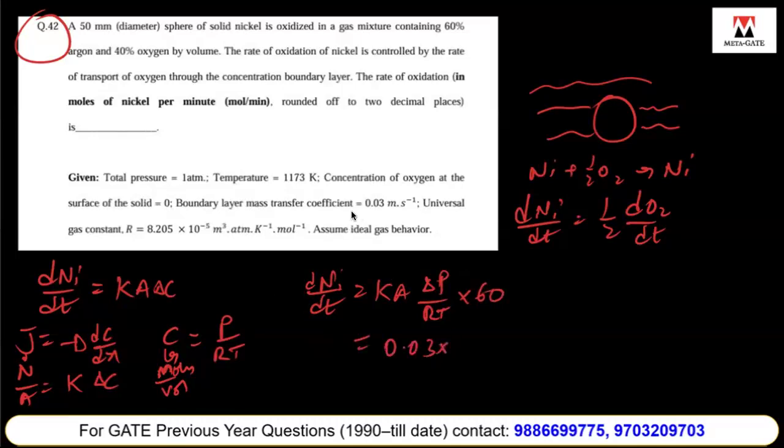So you get 0.03 into, what is the area given? Here it is a sphere, so it is pi d squared, pi into 0.05 squared. I'm converting into meters. And how to get pressure here? Here it is given as 60% argon and 40% oxygen. This oxygen, whatever is there, is going to react with nickel. So here the pressure which is given by oxygen is 0.4 atmospheres, as the total pressure is given as 1 and 40% of oxygen is given. So the partial pressure, what it says, is like